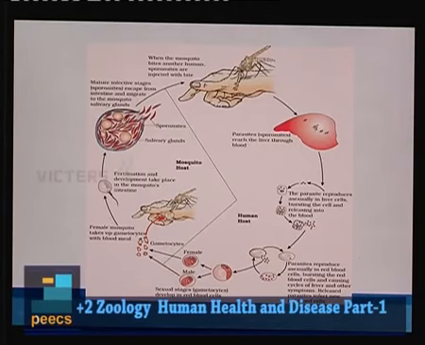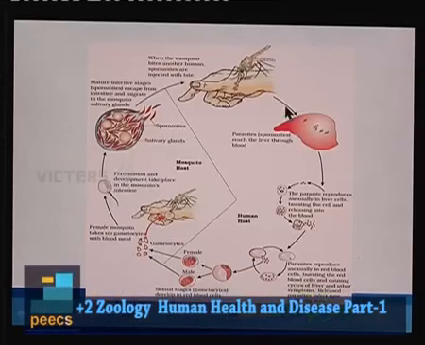Now in this life cycle you can see the infective stage is called sporozoite. So sporozoites are entering into a healthy person by a mosquito bite. Now what happens to these sporozoites? Sporozoites will enter into the liver cell, and within the liver they will perform asexual reproduction, and this asexual reproduction is known as schizogony.